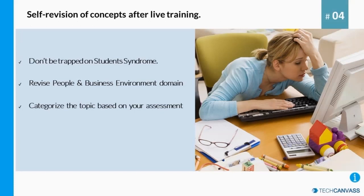Once you're done with your live training, try to start your self-revision of concepts at the earliest possible. Don't be trapped in student syndrome. Remember Parkinson's law: the work expands to fill the time allotted for its completion. So don't get trapped on that. Try to start your preparation at the earliest possible. So while you make revisions, consider to